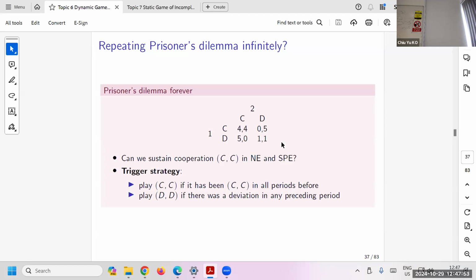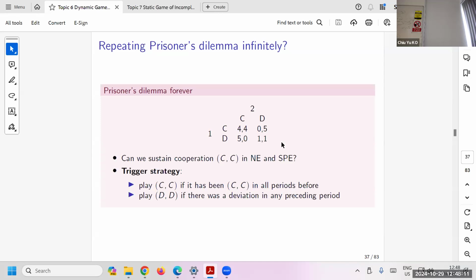Otherwise than 4, right? So that's why you won't deviate. Because that is to check on the equilibrium every period the same. Suppose in the first period, you only check whether this is better than that. Second period same. So every single period along the path, you need to check.